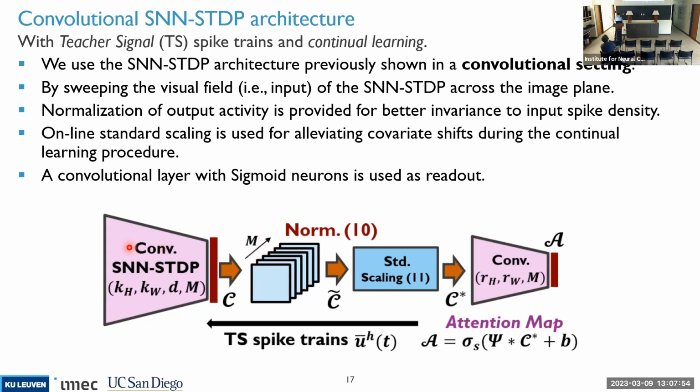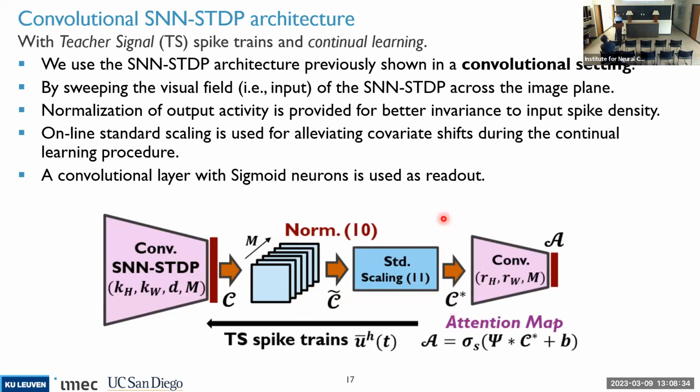It's just there to provide invariance to the event density at the input. Some parts of the scene may produce fewer events, some parts produce a lot of events, and by doing that, we help the system be invariant to the density of events. Then it is followed by a standard scaling procedure, where we remove the mean and divide by the standard deviation. The mean and the standard deviation are simply aggregated online, or learned from the data, from the statistics of the output of the normalization step.